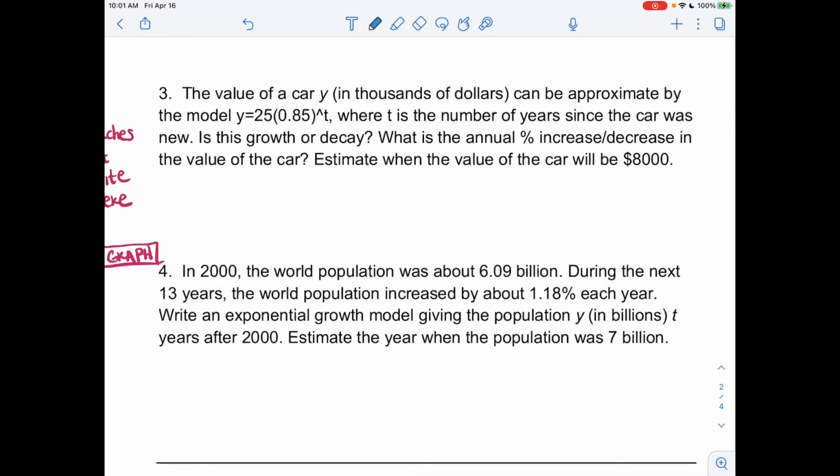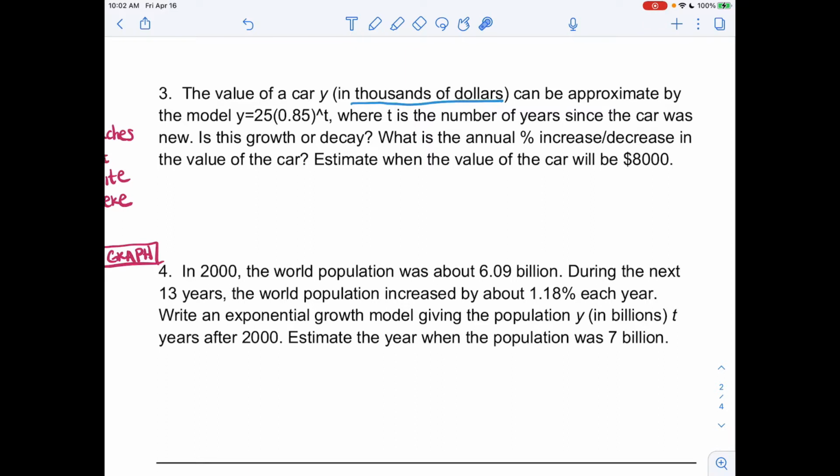Let's look at a couple of real-world problems. Exponential functions happen a lot in real life. The value of a car, y, and notice that this is in thousands of dollars, that's going to become important in a minute, can be approximated by this model: y equals 25 times 0.85 raised to the t power,